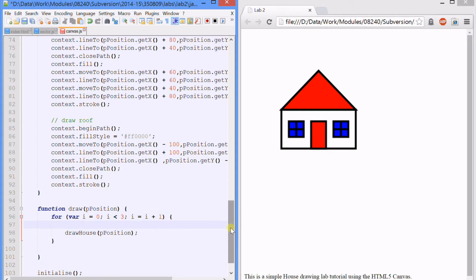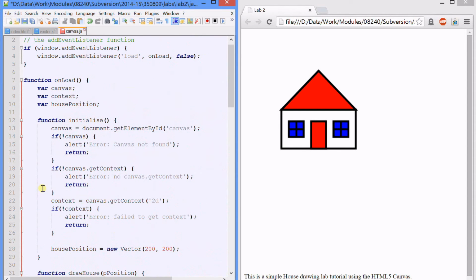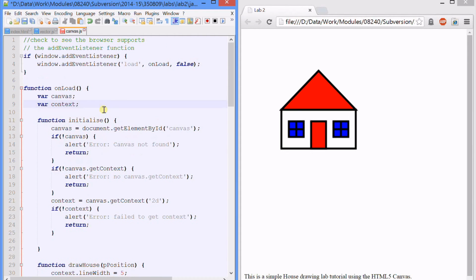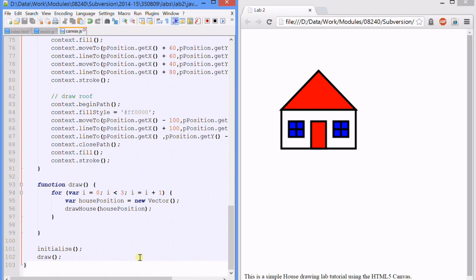So in order to make our house draw there, we're going to want to have a vector. We'll just come back to what's actually going to go in there, but we're going to want to use our house position here. We don't need to pass in a P position into our drawer anymore because we're going to work out what that position is. So we can get rid of this house position because we don't want it confusing matters. So deleting those. Okay, so